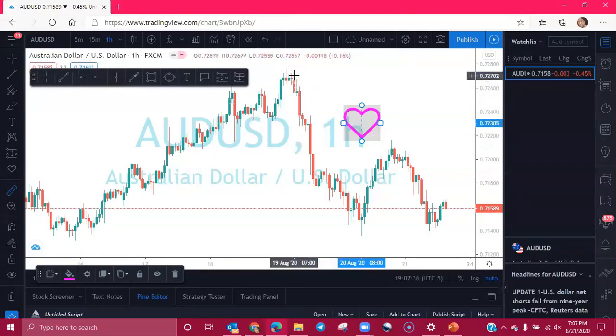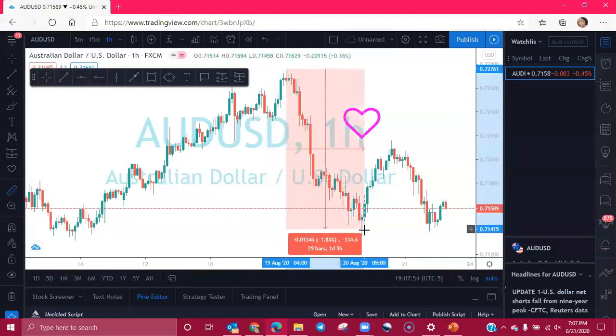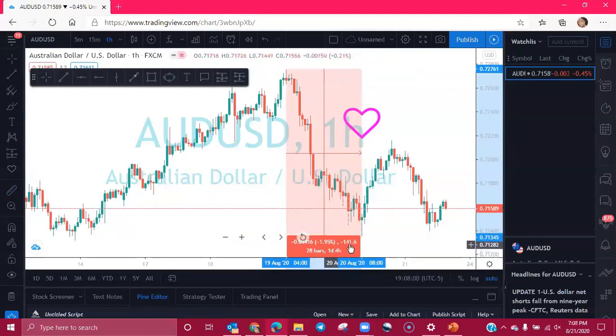So for instance, let's say that we want to measure this drop, this whole entire drop from the top here all the way to the bottom. So what you will do is we've clicked on the measurement tool, we'll come to the top, we'll click it one time, and we will just drag it down to the bottom. And then we'll click it again and that locks it in place. And as you can see, that measured us 141 pips, okay? That's a very useful tool for you to use, by the way.